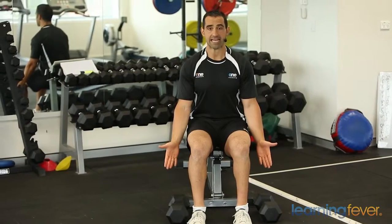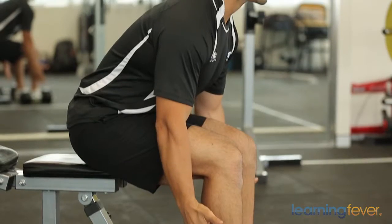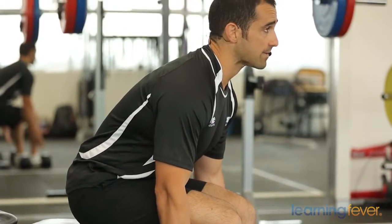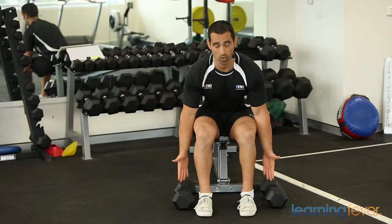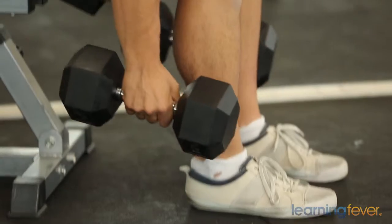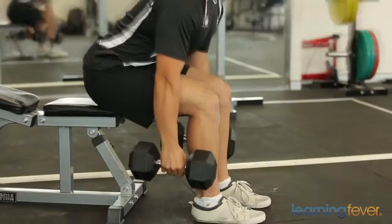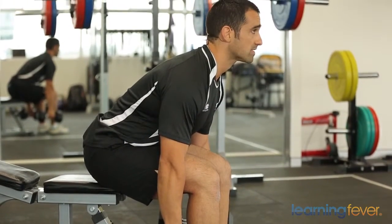When you're doing the row, you need to be tilted over a little bit to really get that feeling in your back. So what's the aim? You're trying to pull your shoulder blades into your spine. So when I pick up the dumbbells, I set myself up, I'm leaning forward as far as I can, and I'm pulling my elbows back first,